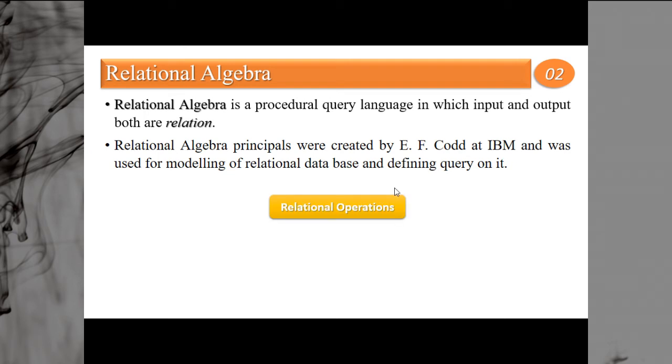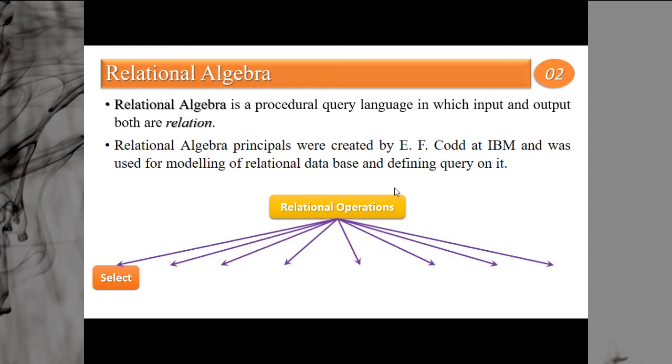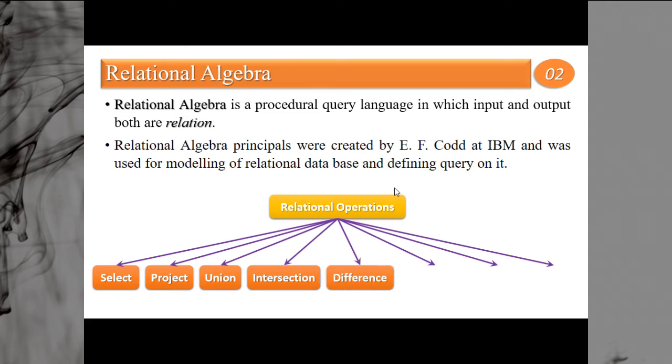The different relational operations that can be performed in relational algebra are select operation, project operation, union operation, intersection operation, sometimes also known as set intersection, set difference or minus operation, Cartesian product, rename operation, and join. I will discuss almost everything except rename. Rename is very easy, in which you change the name of a relation to a different name, but since it is not in our syllabus, we will not discuss it.